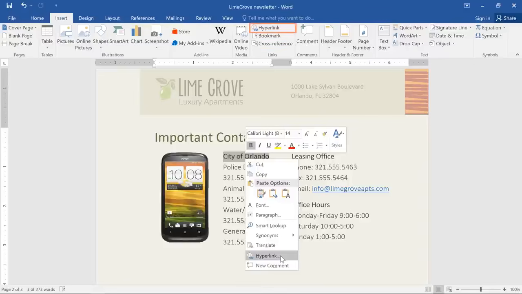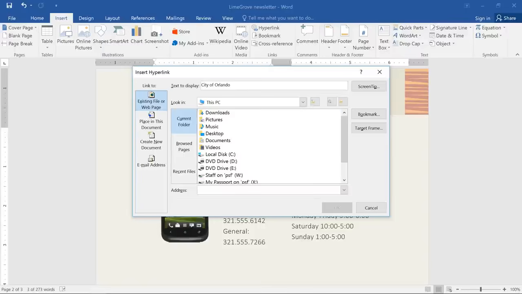You can also use the Hyperlink command on the Insert tab. Every hyperlink has two parts. The most important part is the address, which could be a web address, an email address, a file, or even a location in the same document. Just use the buttons here to navigate your options. In this example, we're going to enter